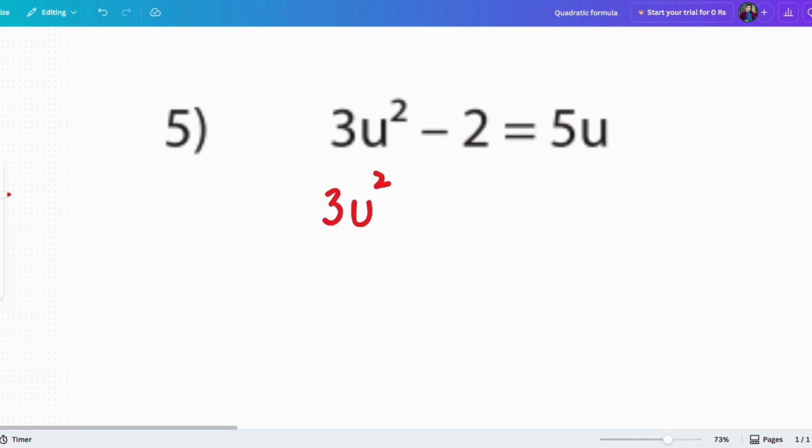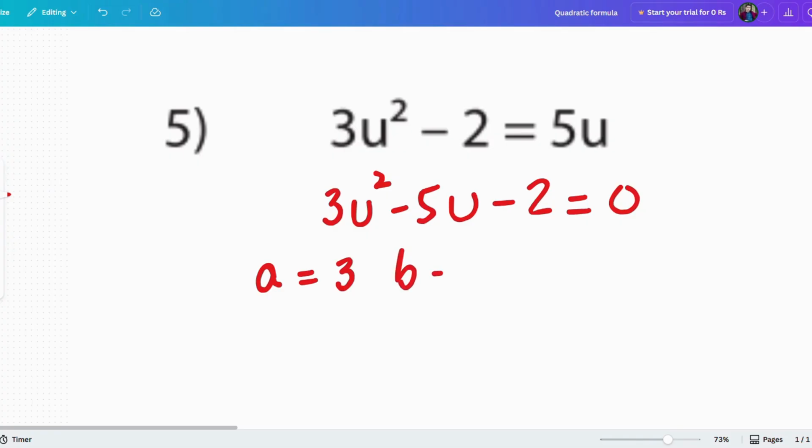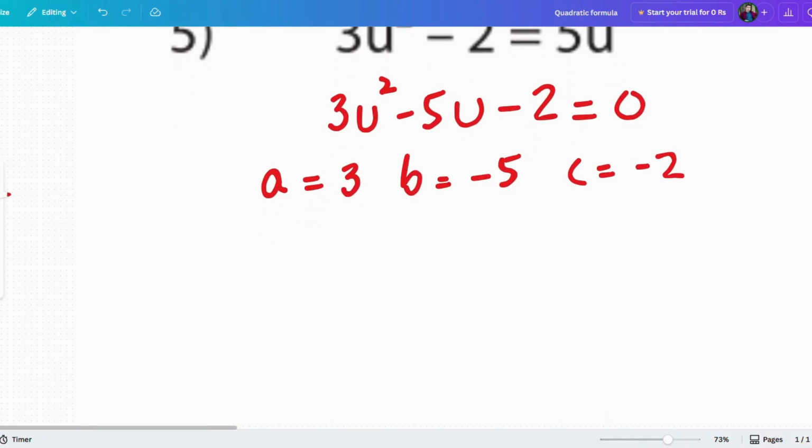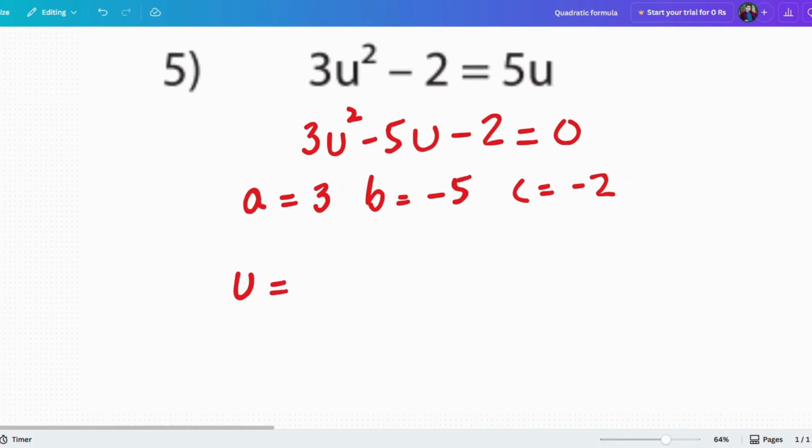So that is 3u squared minus 5u minus 2 equals 0. As we can say, a is equivalent to 3, b is equivalent to minus 5, and c is equivalent to minus 2. Again, putting those values into the formula, you can even write your quadratic formula at the very beginning with the variable that has been given to you in your question, okay? This is the way, like this. So minus into